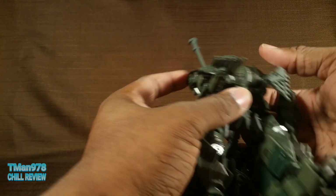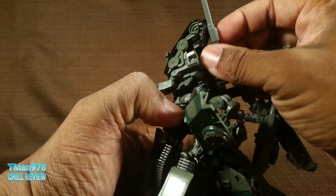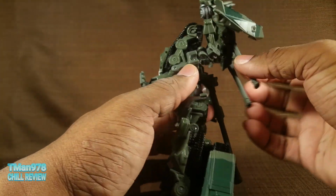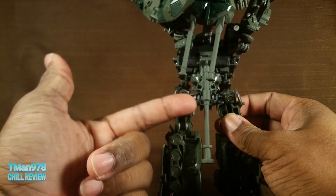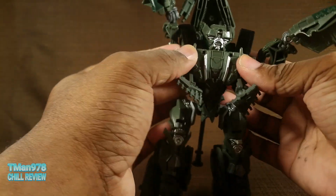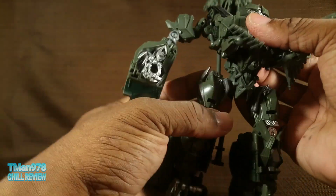Alright, now we can move these forward, rotate this around. Actually, before you push this into place, rotate this around so you won't have to fight to get that into the right orientation. This needs to be straight down like that, and we can shut this, port this into the side of his shoulders. It was already shut over here. Port this into the side of the shoulders, bring the arms down,